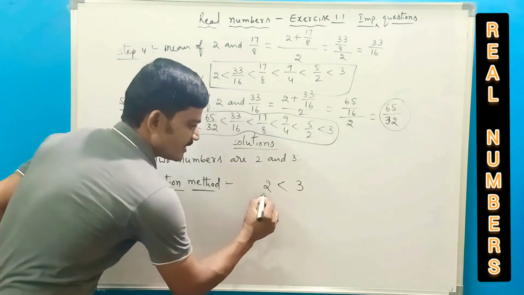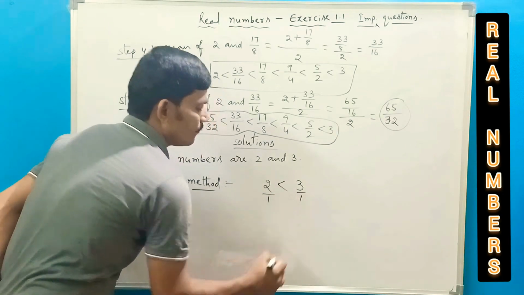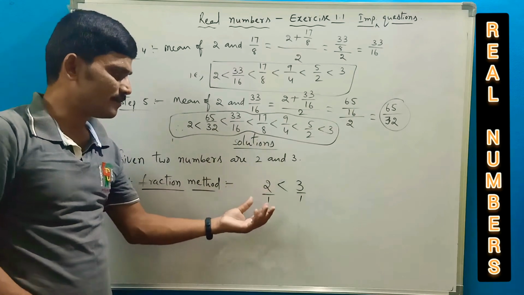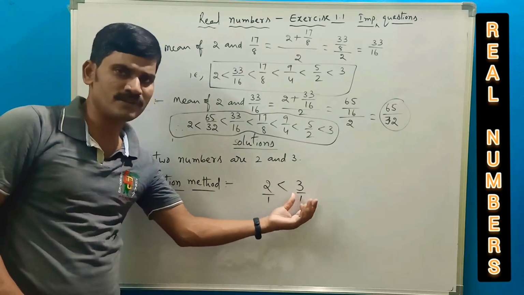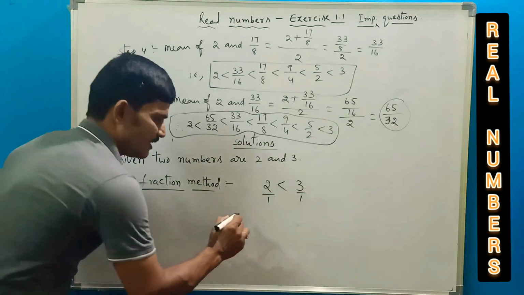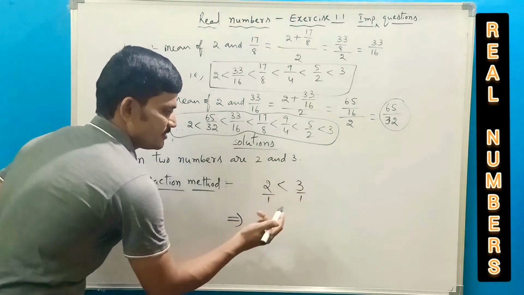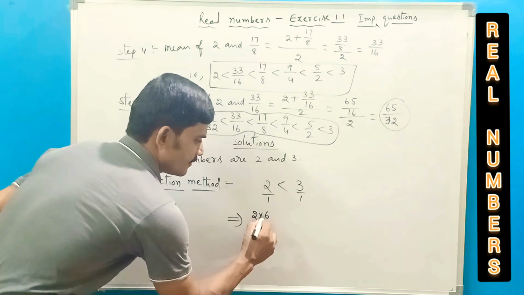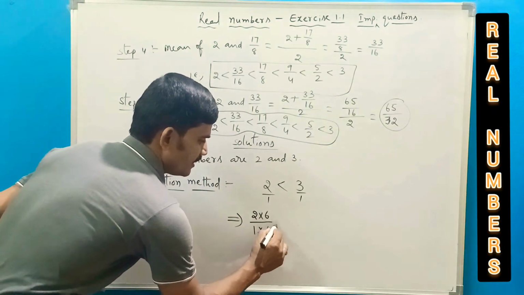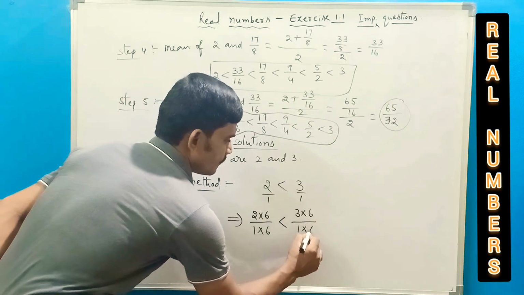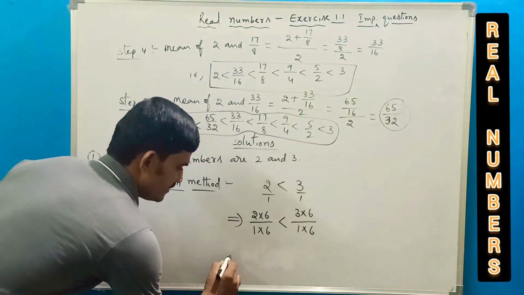What is the denominator here? 1, 1. To insert 5 rational numbers, let us multiply these two numbers with 6. That's enough. So let us multiply the numerator and denominator on both sides by 6. That is 2 into 6 over 1 into 6 is less than 3 into 6 over 1 into 6, which implies